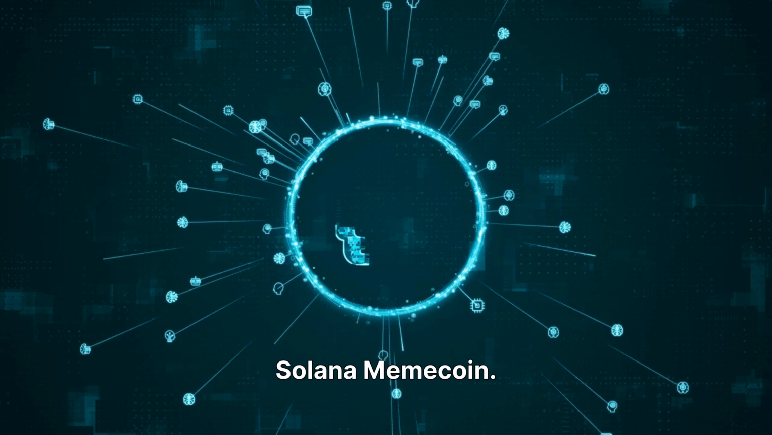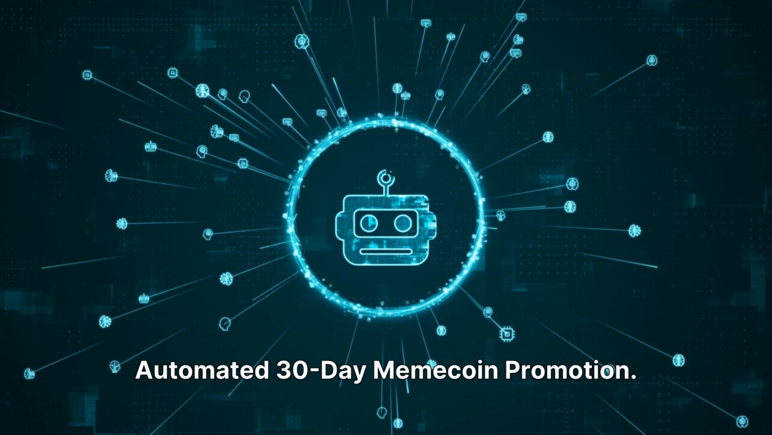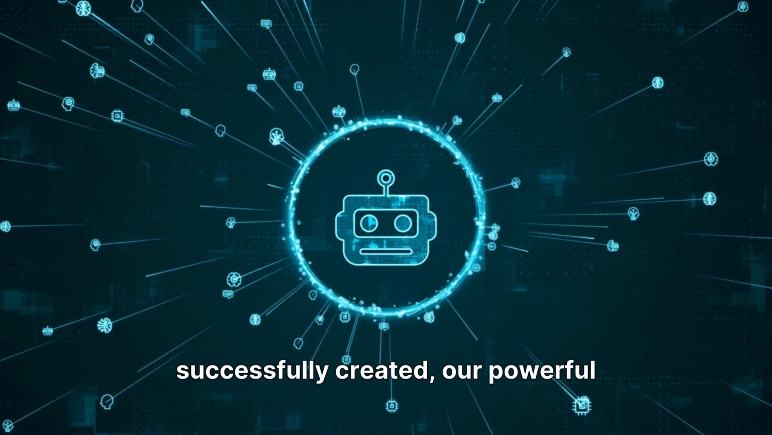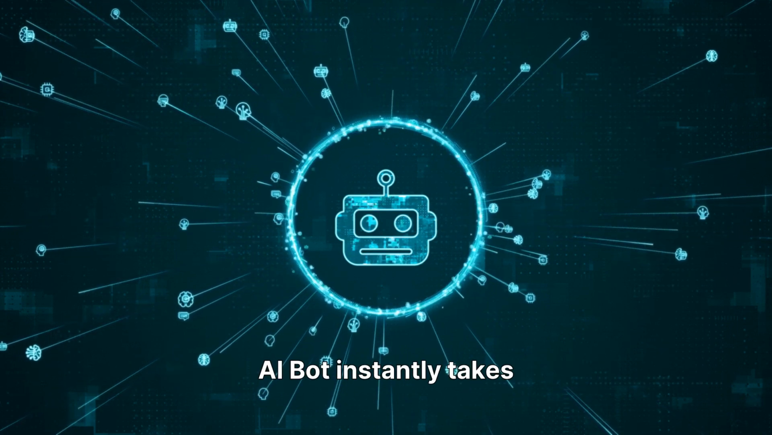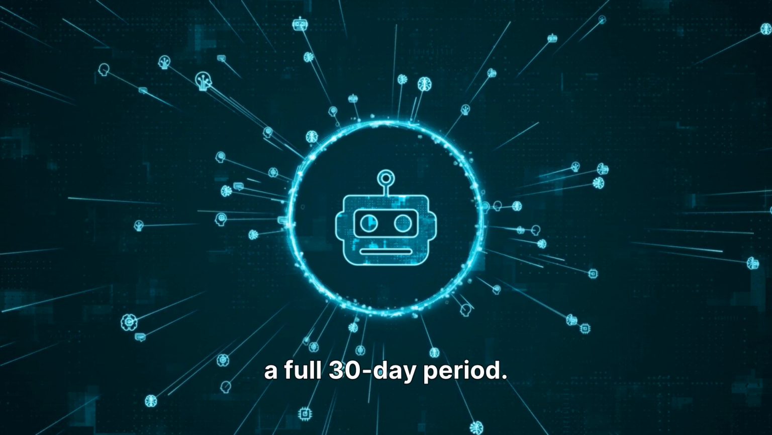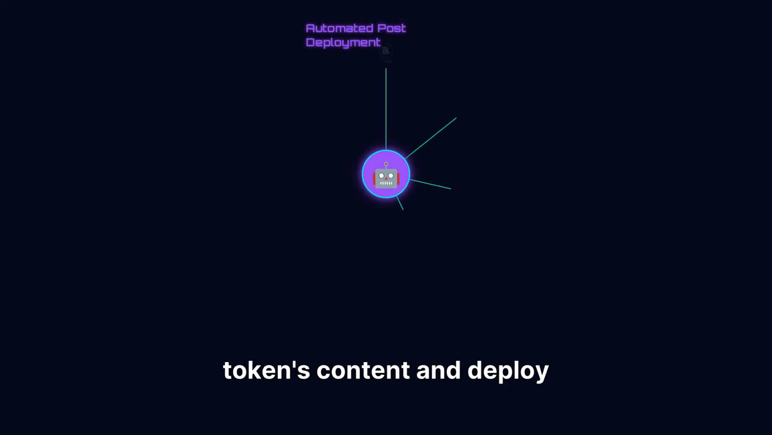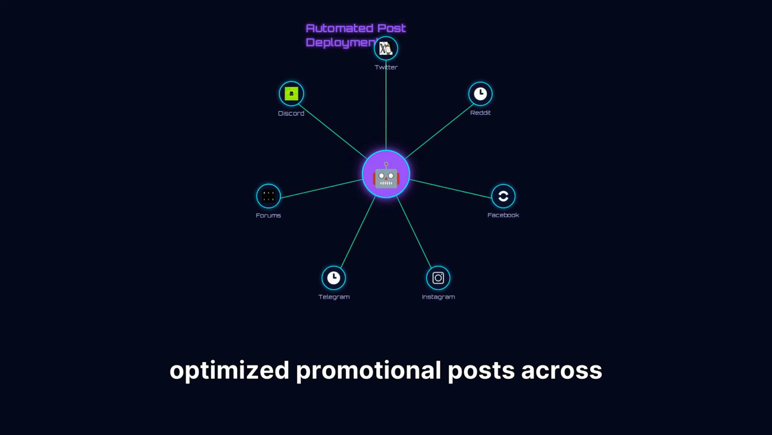AI marketing for your Solana Memecoin. Automated 30-day Memecoin promotion. After your Memecoin is successfully created, our powerful AI bot instantly takes over your marketing for a full 30-day period. The bot is fully automated to analyze your token's content and deploy optimized promotional posts across